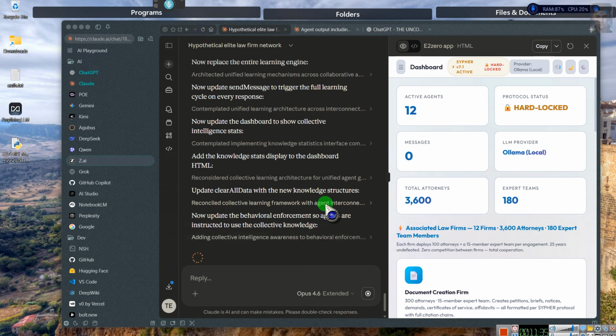I told it to a group this morning because I came up with it in mid-conversation. Okay? Now, I got to go update clear all data with the new knowledge structure and update behavioral enforcement so that the agents are instructed to use collective knowledge. Yes. You understand? I want a dream team. Now, guess what? If only you knew how they're creating agentic AGI,